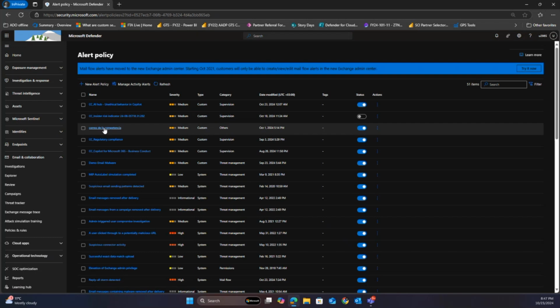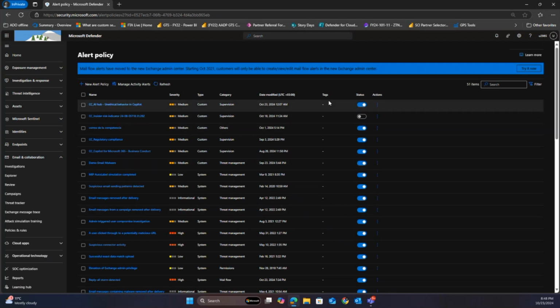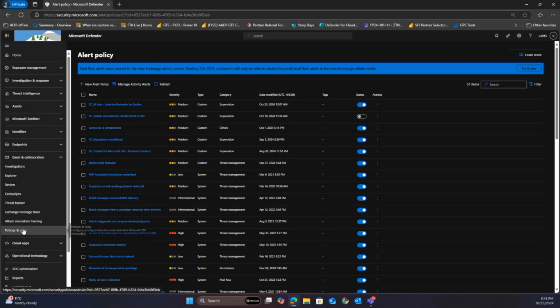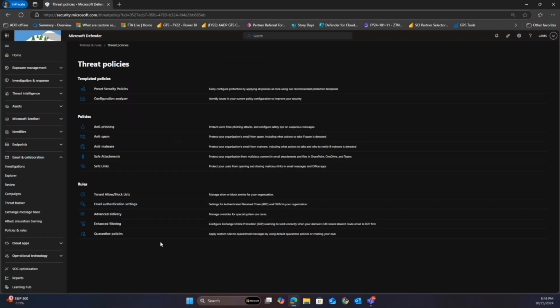How your alerts will be automatically labeled, sorted, and treated by Defender for Office. This is basically what this does. It's really nice. You can turn it on or off from here. It's really cool, but I want to show you something even better in the last 7 minutes, which are the threat policies. Under the threat policies, we have